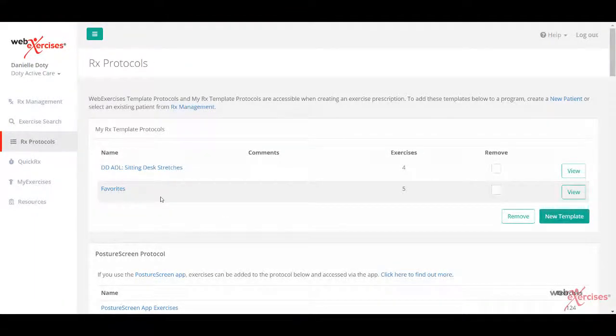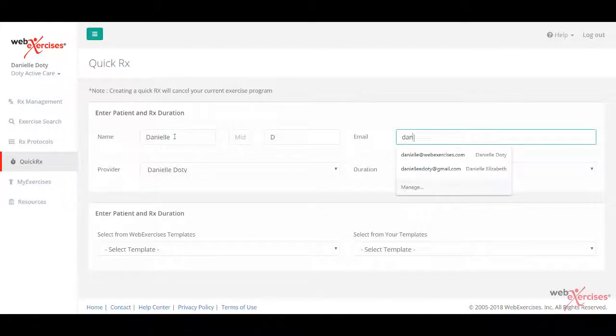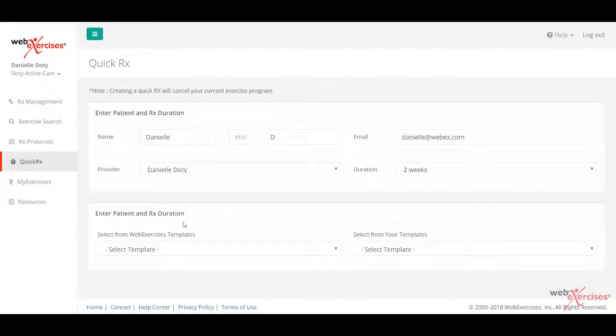To utilize the templates that you've created, you're going to want to head over to the Quick RX tab. You'll see here that you can enter in a first and last name again. You can control that duration, you can set it up to 6 weeks. And now you'll see that you have the option to either choose from some web exercise templates or from the